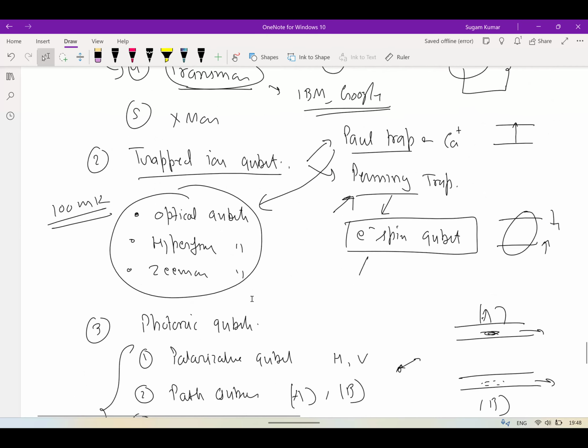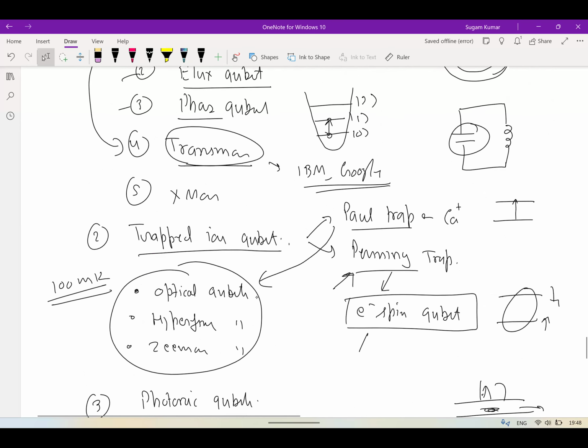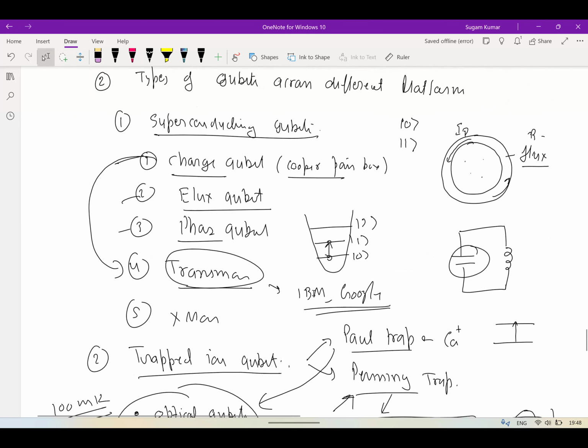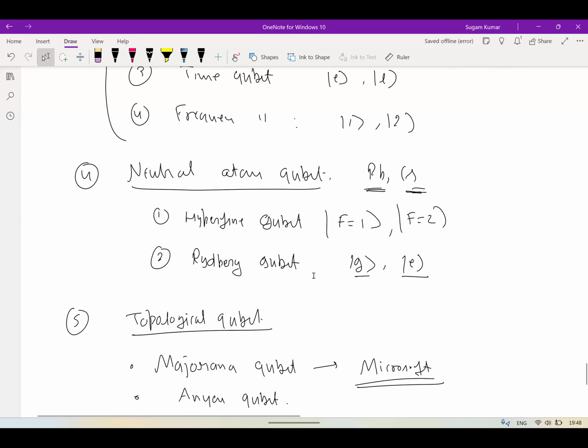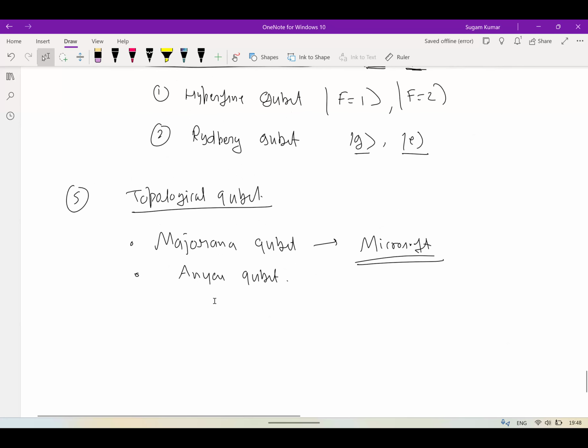For example, when you talk about trapped ion qubits, there is the IonQ company, a US-based company. They have already made this ion qubit, and of course I told you the superconducting is already done by IBM and Google. So these two are done, another one is the topological qubits, and another is maybe we can call quantum dots.